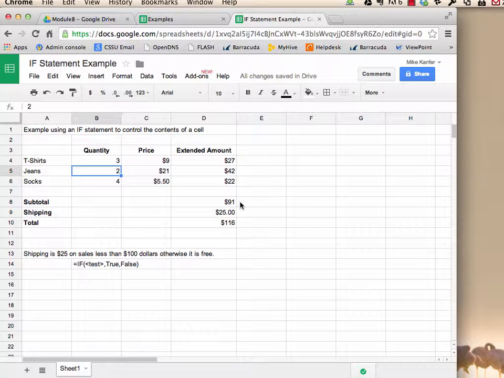Now let's test the other circumstance when it's more than 100. We've already tested when it's equal to 100. We saw that first. Let's make sure this works right when it's more than 100. So again, I'll go to t-shirts and I'll add 5 t-shirts, which makes it $109, and shipping is 0. So that